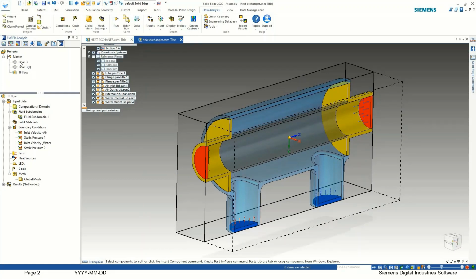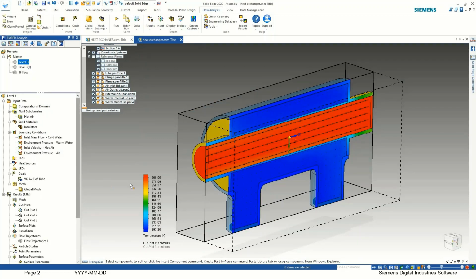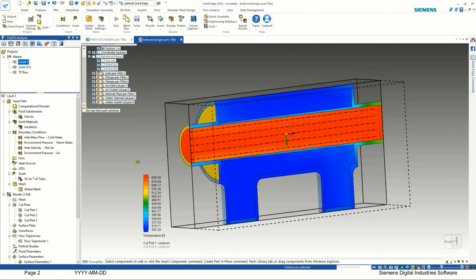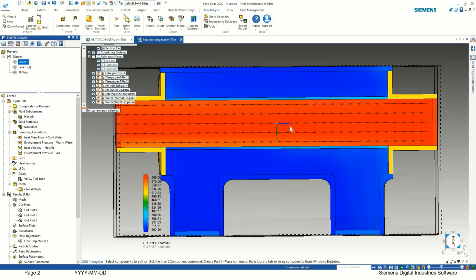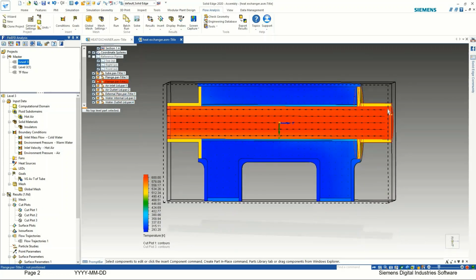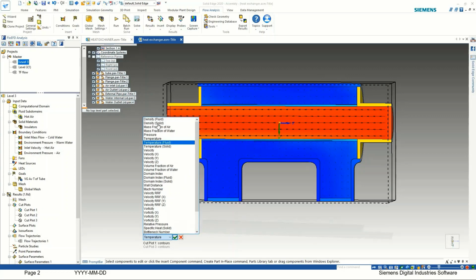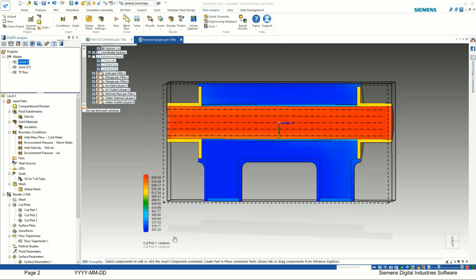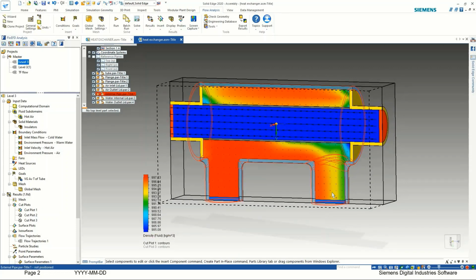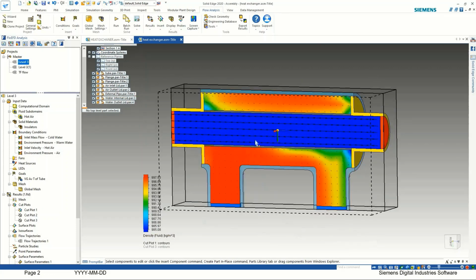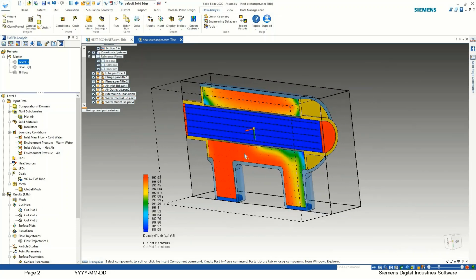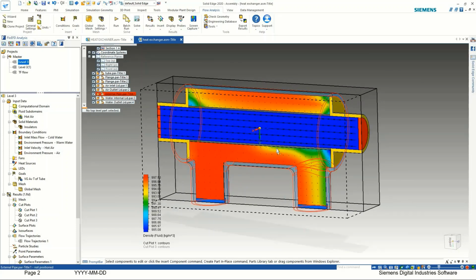Now you can click on run, and it will give you the solver window. But let's jump to the results which we have already done to save your and my time. Okay, so this is the result which we are looking for. So velocity is in negative z direction, and the temperature would be like this. You can also check the density of fluid. So the transition in the color suggests that there is a change in the density.